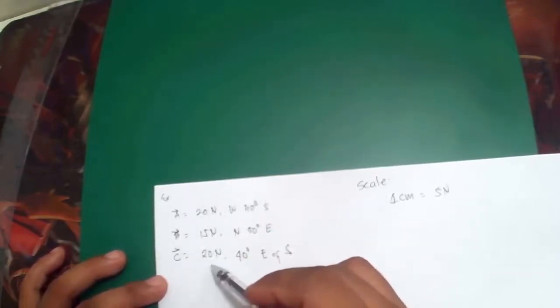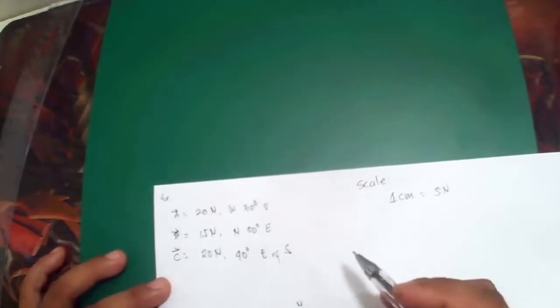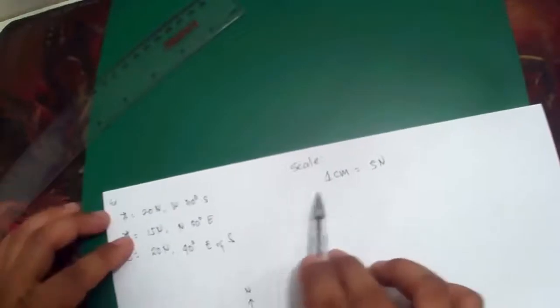As you can see, the unit here is expressed in newtons. And as I said a while ago, our ruler is just using two units, centimeter and inch. And we also have, I think, millimeter, the small calibration there. So we don't have newtons here. That is why we need to have a scale.